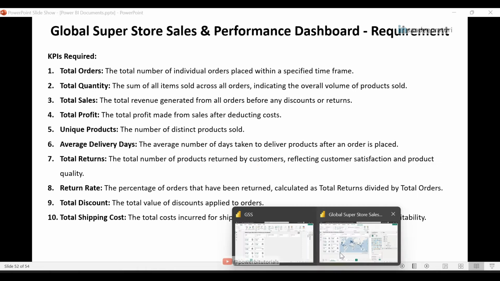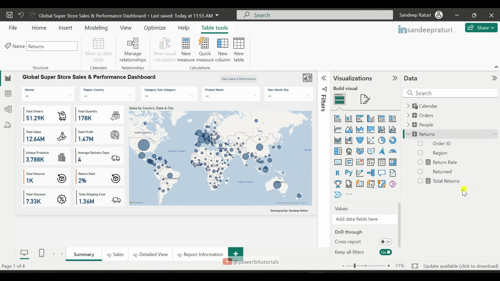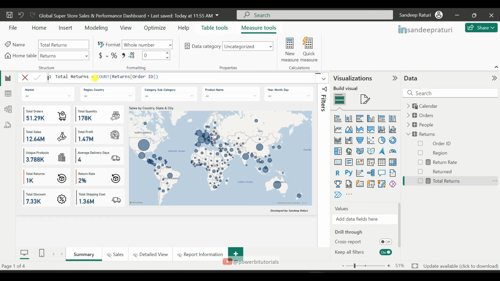So go to the main report and under the returns table, here you can see that I created two measures. Let me show you the code first for total returns. Here I am counting the number of total return order IDs. And now I will show you the code for return rate. In return rate, I am using the DIVIDE DAX function. In the first argument, I am passing the total return, which I showed you earlier.